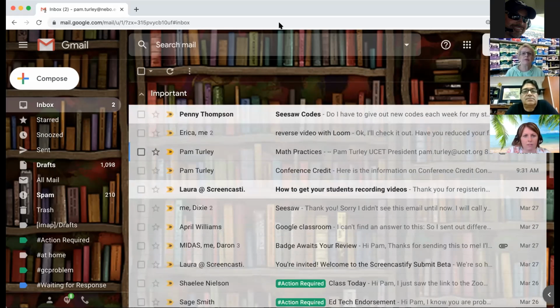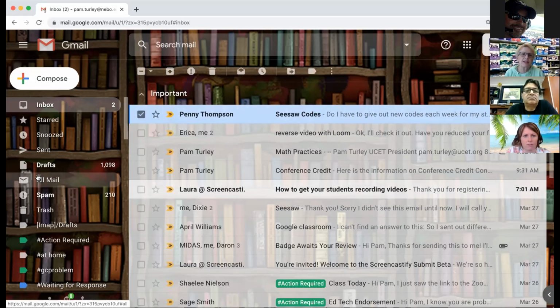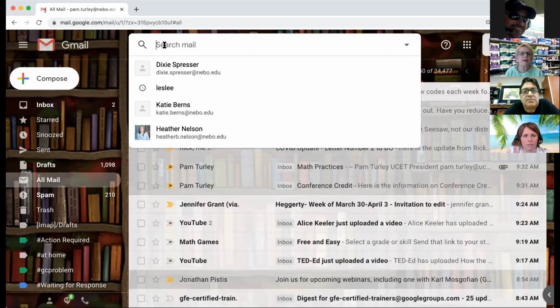So notice when I click on an email, I have options up here, and let's talk about the options that you have in your email. I can archive it. Archiving means that it just goes to your all mail. Sometimes people ask, if I archive it, where does it go? How do I find it again? Unless something's really junk, I usually don't delete my emails. I'll archive it because I can always go back to my all mail and I can do a pretty extensive